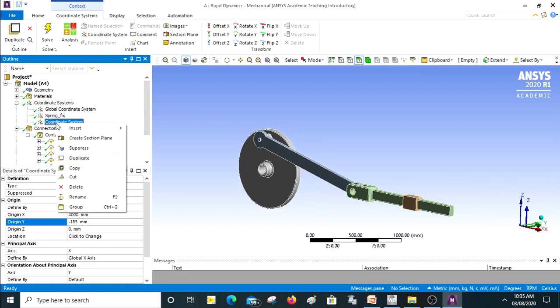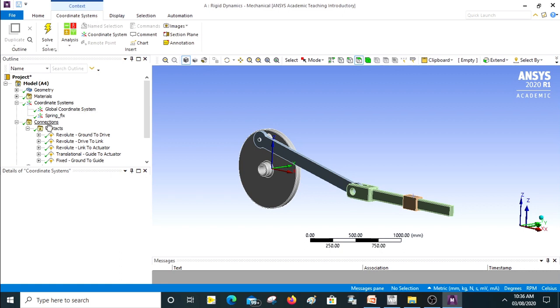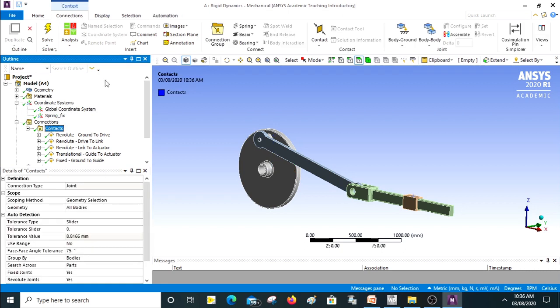Okay, now I will just delete this thing and press yes. So you have this new coordinate system. Now again you will go to contacts, and here you have the spring. Under spring you will go to body to ground. Why? Because spring is going to connect here. We don't have another member, we just have a coordinate system. If you had another surface also, you could have surely gone for body to body.